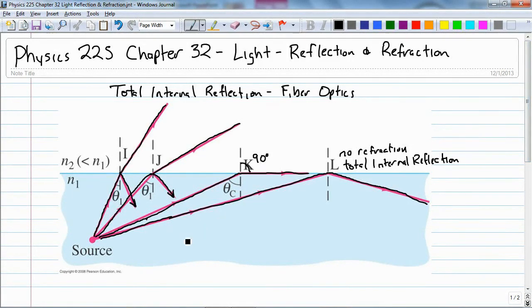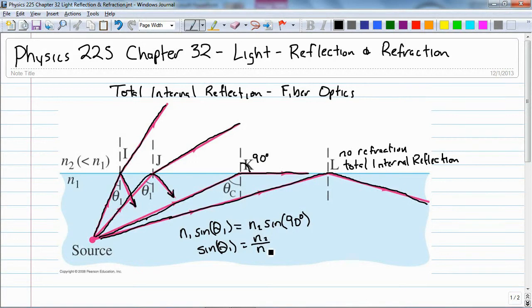Now we can use Snell's law to figure this out. We have N1 sine theta 1 is equal to N2 sine, but if I want to know the critical angle, that sine is going to be 90 degrees. And sine of 90 degrees is 1, so I'm going to have the sine of theta 1 is equal to